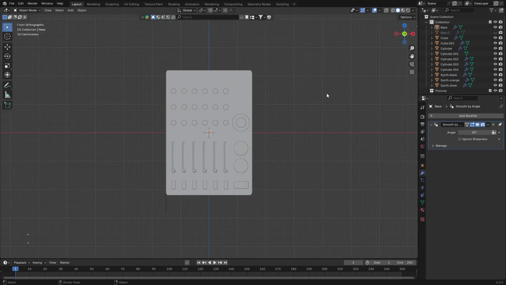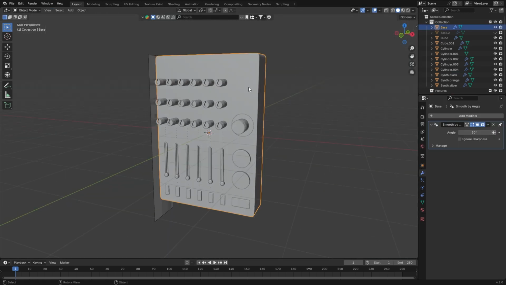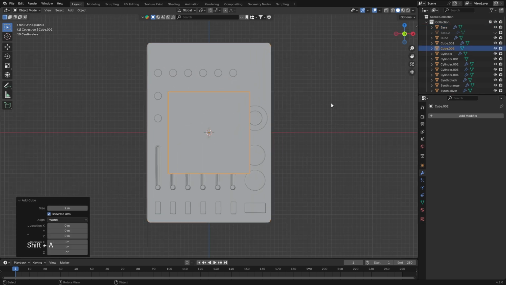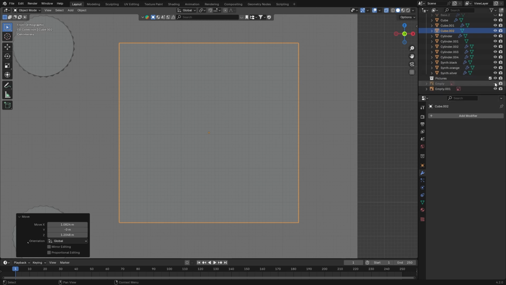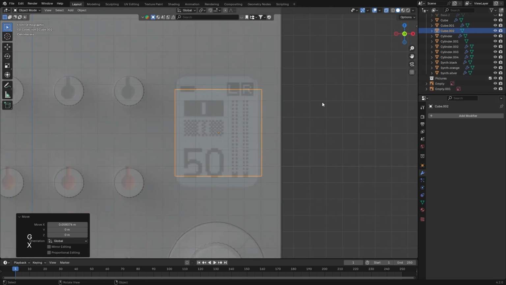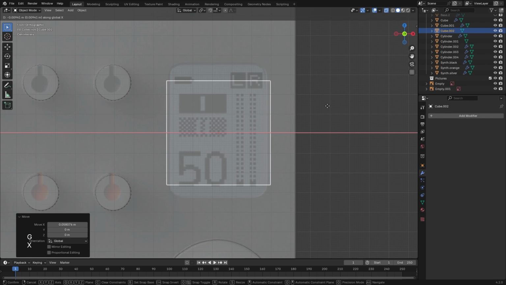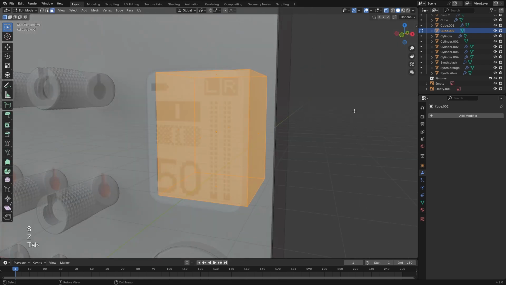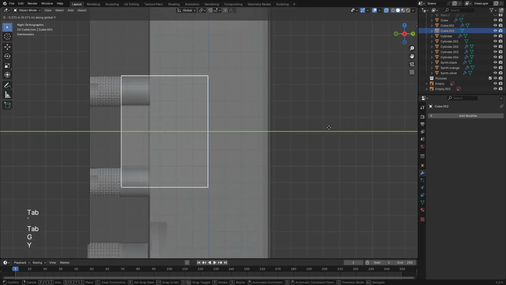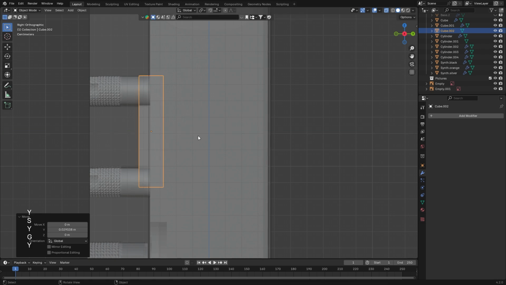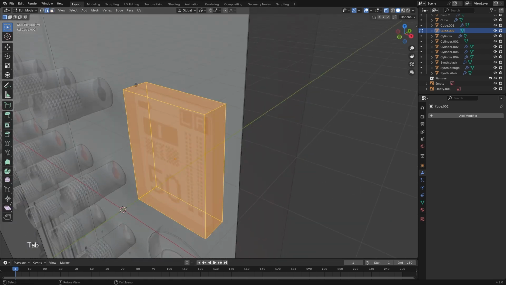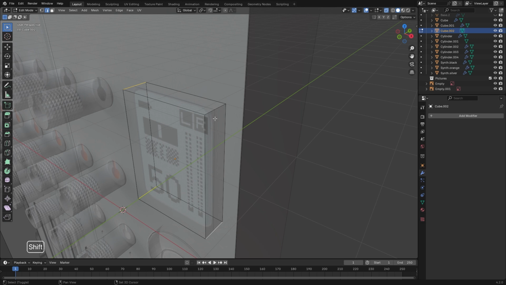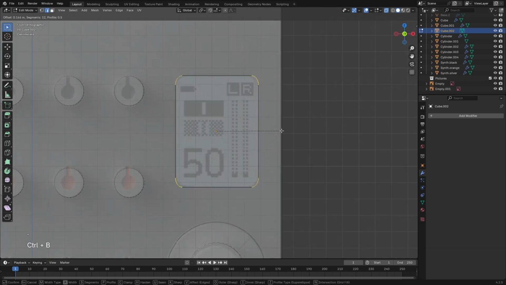Okay, so now let's add another cube for making this screen over here. Shift A, cube, and then after that just grab it up a little bit so we can see where the cube is placed. Now I'm gonna put it over here. Z, just grab it up a little bit more like this. Take it down, put it in the front, make it a little bit smaller. Choose every corner, Control B,